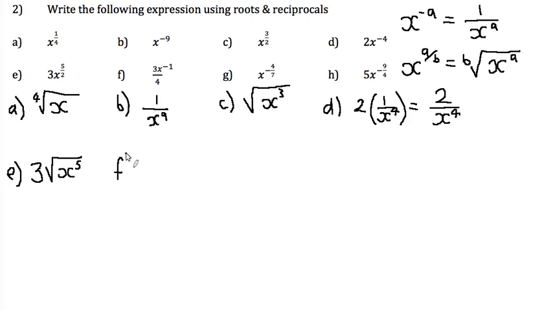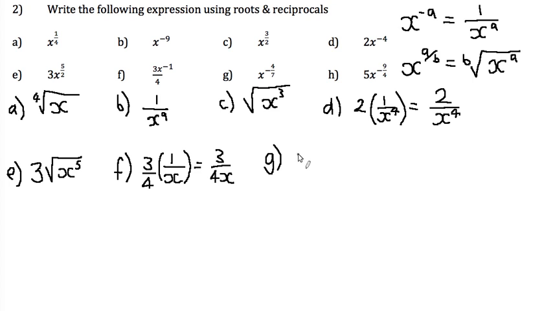F, we have 3/4 x to the power of minus 1. So again, you can split this up to make sure you don't make silly mistakes. This is 3/4 times reciprocal, which is 1 over x to the power of 1, so I can just write out 1 over x. And so when I tidy this up, I get 3 over 4x. G,